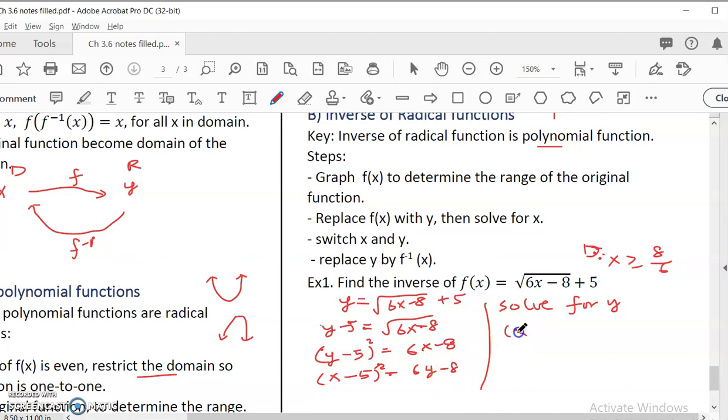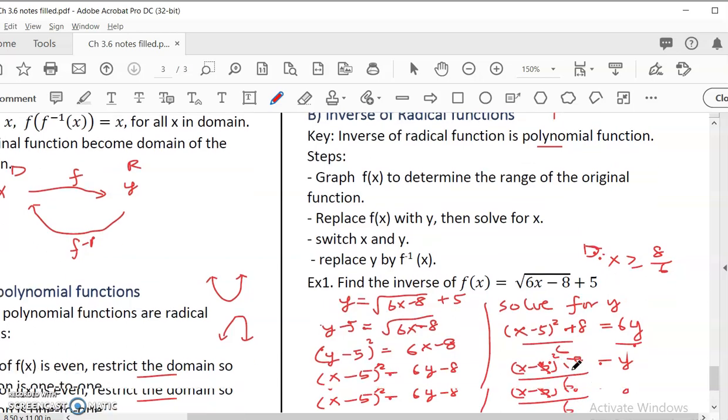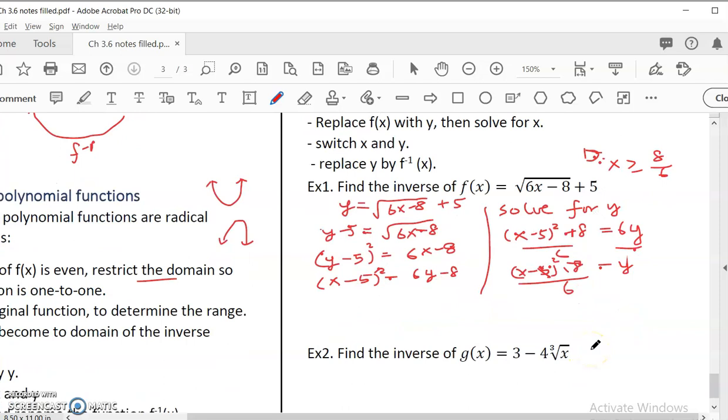So x minus 5 squared plus 8 is equal to 6y. And then I divide by 6, divide by 6. So y is equal to x minus 5 squared plus 8, divided by 6. Okay, and that would be the inverse function. So we can write it back as the inverse is x minus 5 squared plus 8